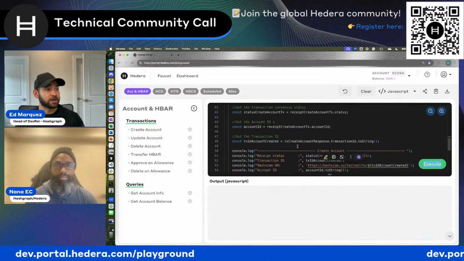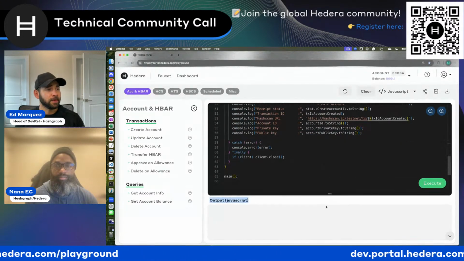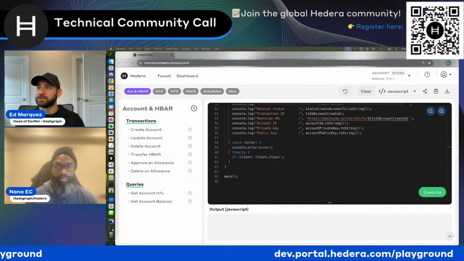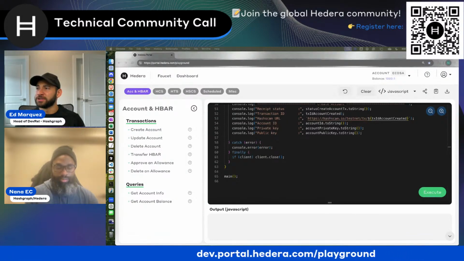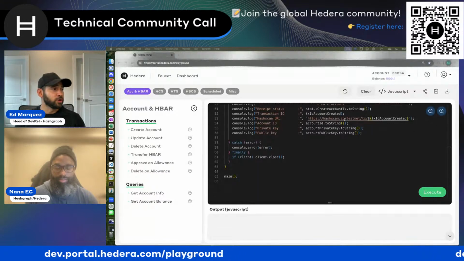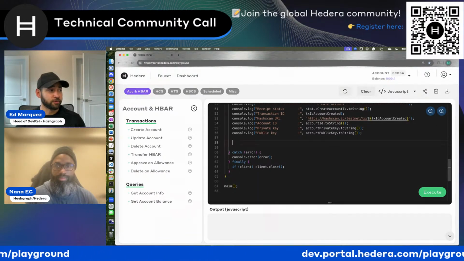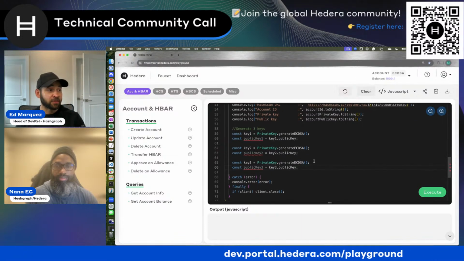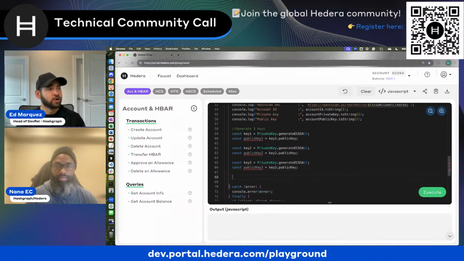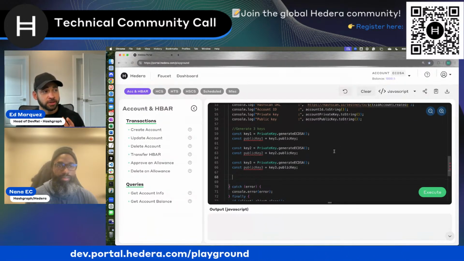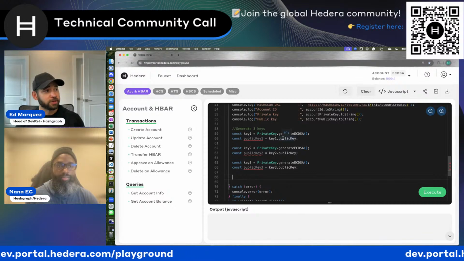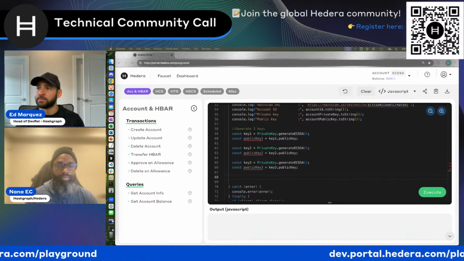The other thing that I'm going to do now, I'm going to cheat a little bit because I have this other code already ready so that you don't have to watch me type too much. But what we're going to do to update this account and make it multi-sig, right? This is going from a single key to a threshold key. That's what we're going to do. We're going to generate 3 key pairs, right? So private public key pairs. That's the code that generates those.